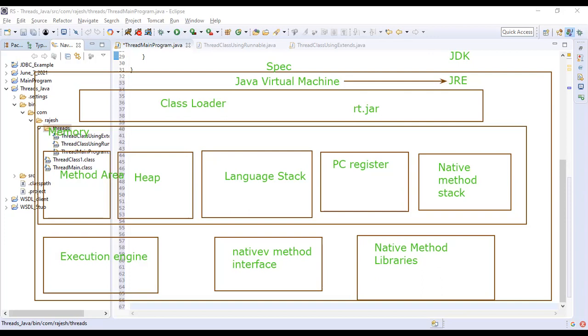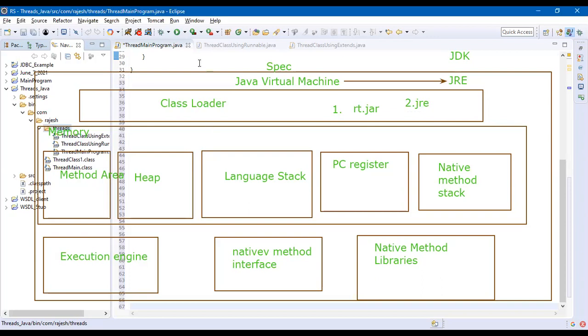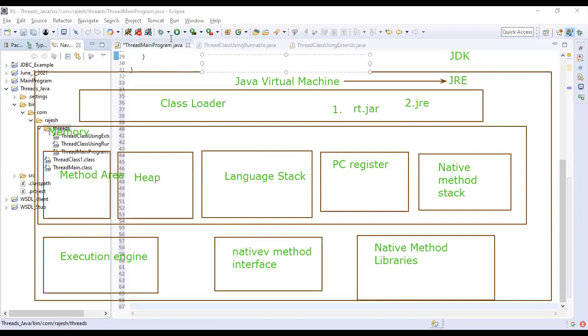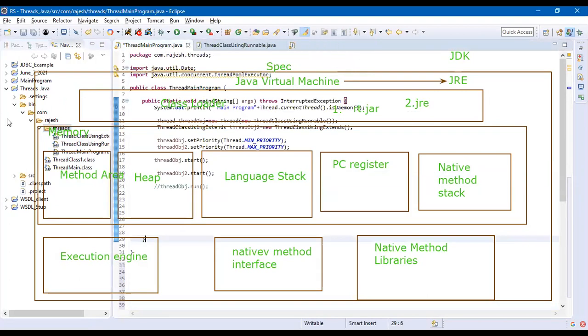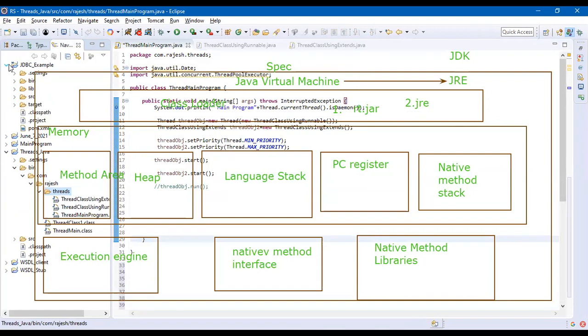Yeah, I got it. So the class loader is the first thing which will load the classes. It has to first load its internal jar, which is Java's jar. And one more thing, Rajesh, if you see the code behind the diagram, the JDBC example, the main program, on the left side, you can see that JDBC example. These ones, everything is inside the JVM. We can see. No. It is all in the hard disk.